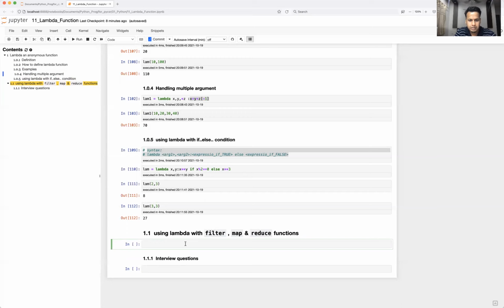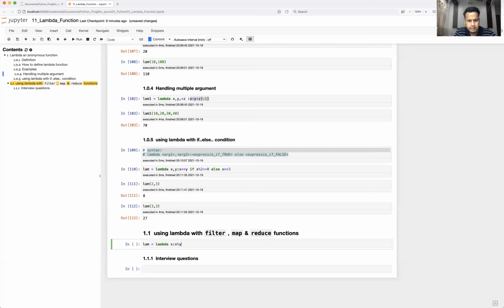So how to use filter? Filter will return only those values for which the expression is true. So I'm going to create one lambda equal to lambda x colon x modulo 2. Let me think.